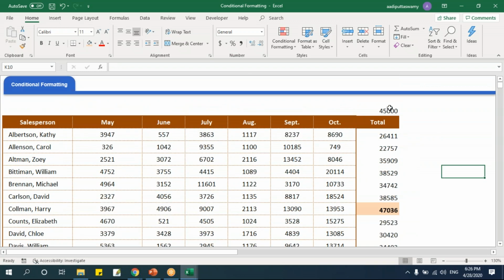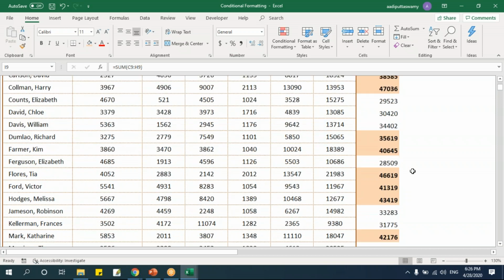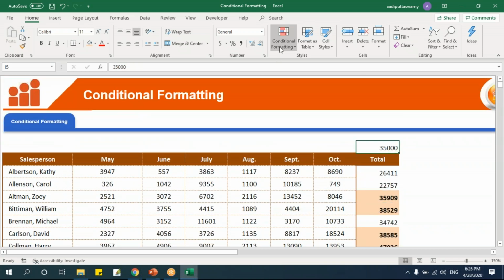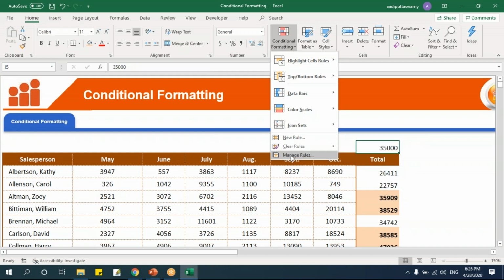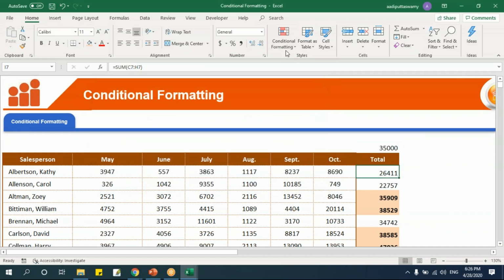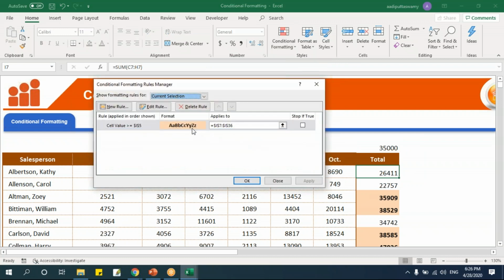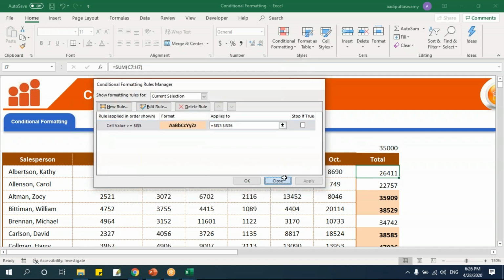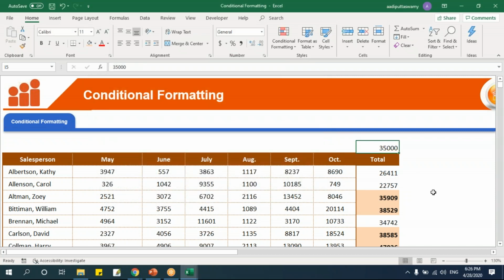Now let me change this to 35,000. I'll go here, I'll make it 35,000. Automatically the values will get formatted because I'm referring to this cell, so I don't have to go here again and again and change the value. If I would have put that format here as a value, then what will happen? Every time I have to go and change this. But in this case, I've given a reference. Whenever you think that formatting has to be done dynamically, then you can use this reference.